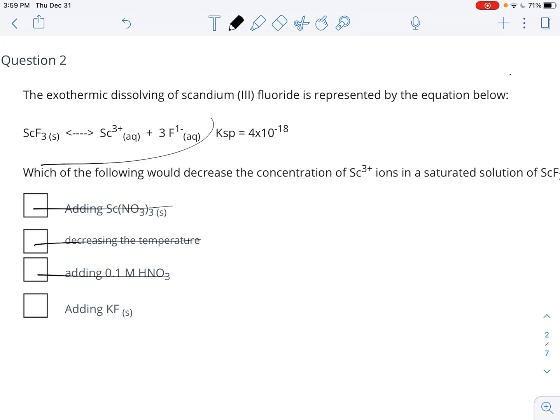Now, you look at this up here and you say, well, KF is not involved up here, right? But it actually is, because adding in solid KF would add in K plus 1 and F negative 1, because again, that is soluble. So what that's going to do is raise the amount of fluoride, which is going to send the reaction over to the left-hand side, which should decrease the amount of scandium. So that is